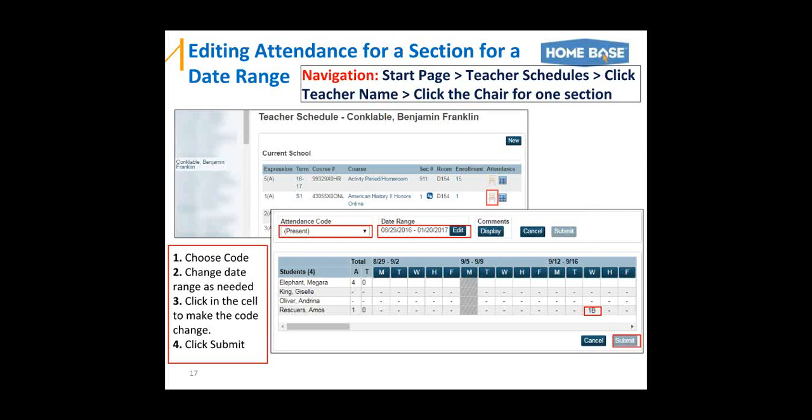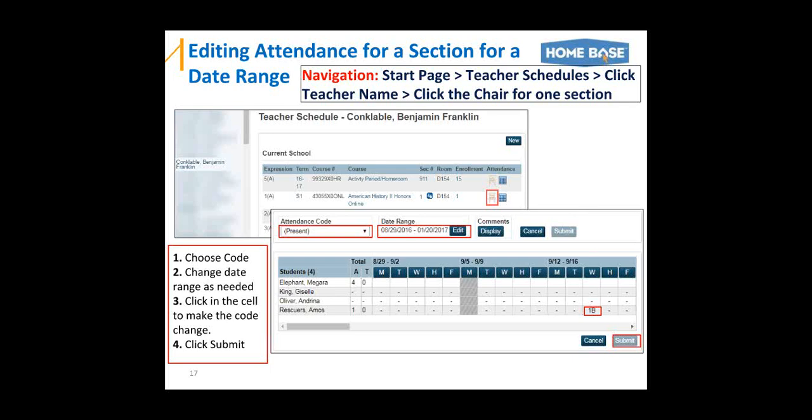All right. Let's actually finally get into editing attendance. How about that? That'd be a good thing. Okay, so after all that setup is done, you actually can enter attendance for a section, a class, for a particular date range. So if you have to be taking attendance for a teacher because it's a substitute for the day, they can bring down all of the attendance, and you can actually set and enter the attendance for that